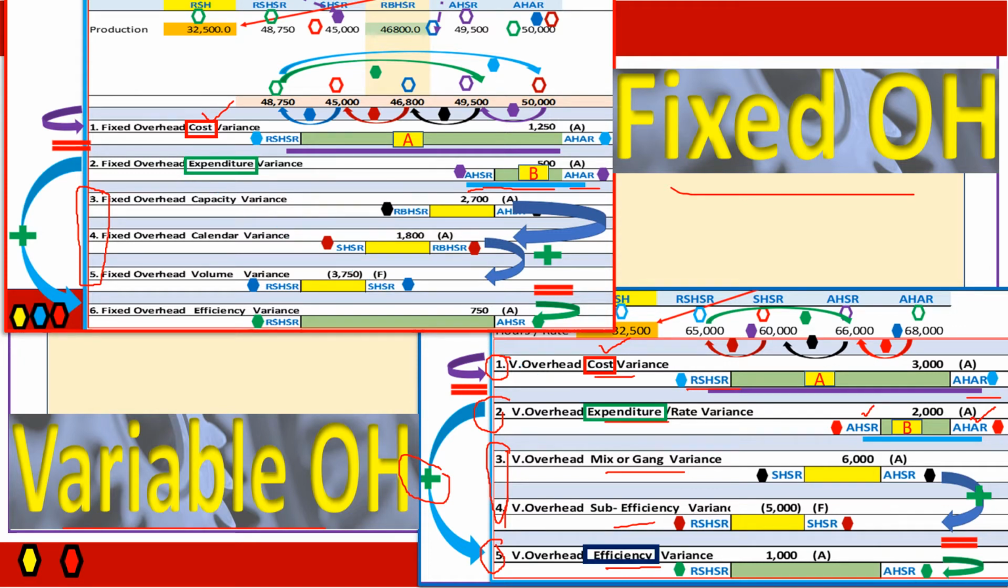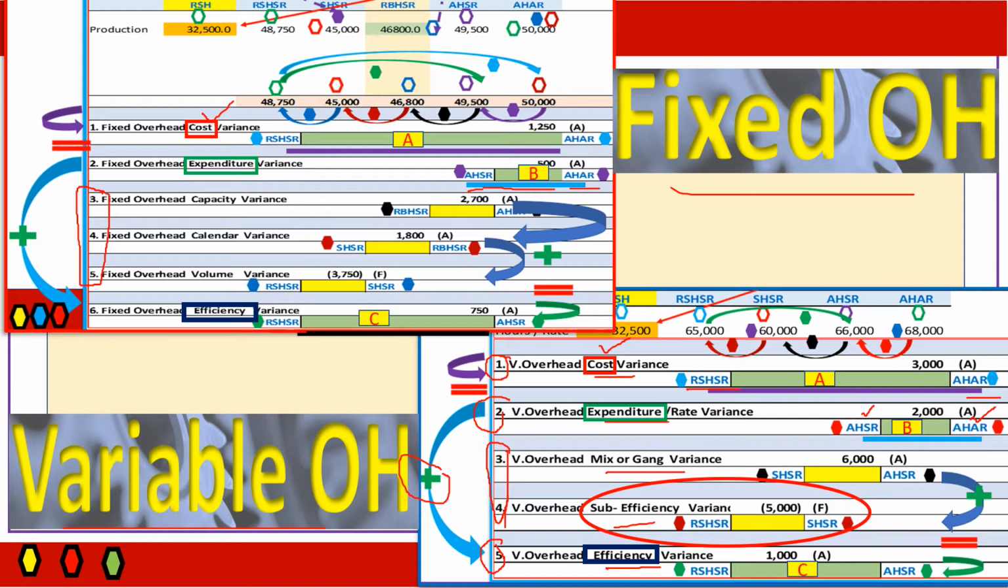Then let us take the third major one, efficiency. It is called efficiency in both places. Let us see the definition: the difference between AH-SR and RSH-SR. And if you come to fixed overheads, RSH-SR and AH-SR are both the same. Therefore, between fixed and variable overheads, the three major components are the same, but there is a difference in the